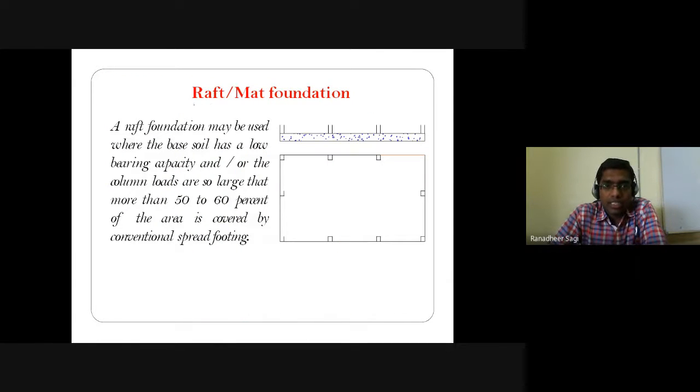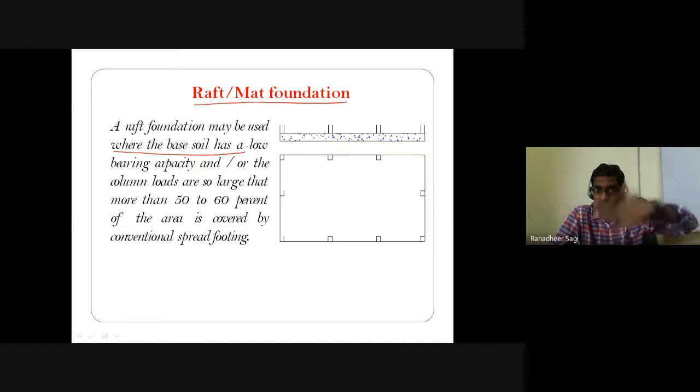Next is the case of the raft or mat foundation. What is meant by a raft or mat foundation? A raft is a type of foundation basically used when the soil below the foundation you want to construct has a lower bearing capacity. If the soil is weak, or the bearing capacity of the soil is less in the region where you want to construct the foundation,